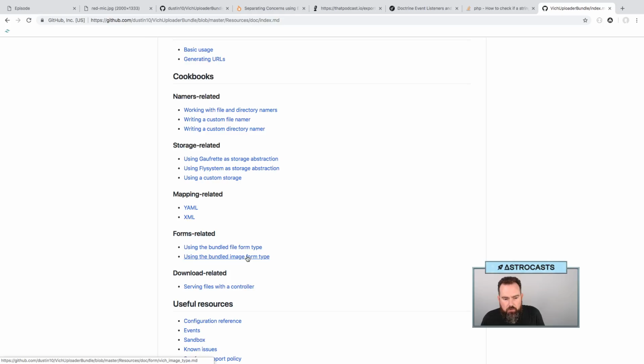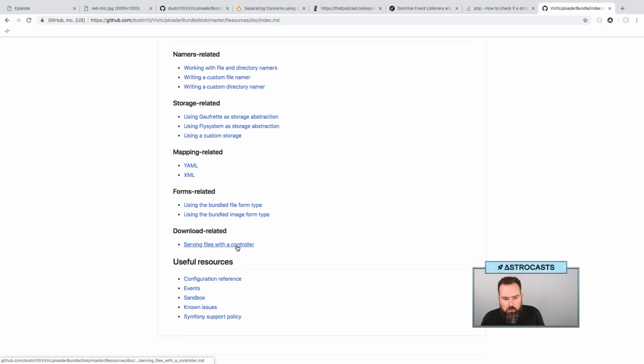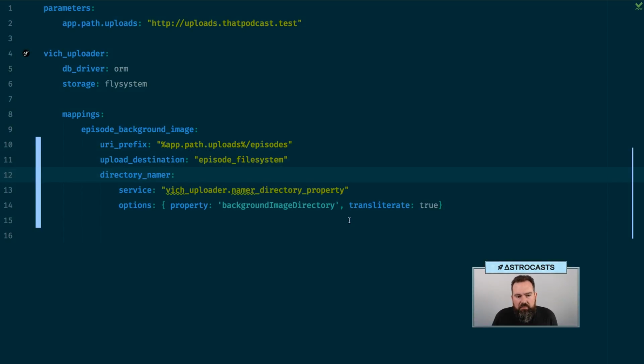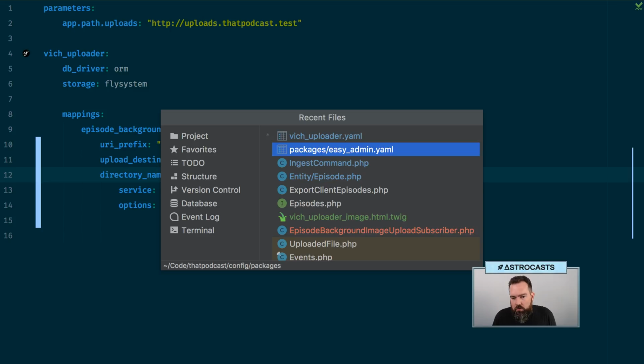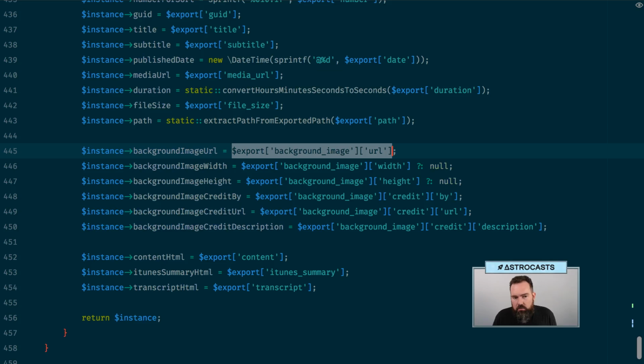Image form type. Configuration reference. This is falling apart faster than I hoped it would. So I can probably put this there. The problem is that the episode itself,